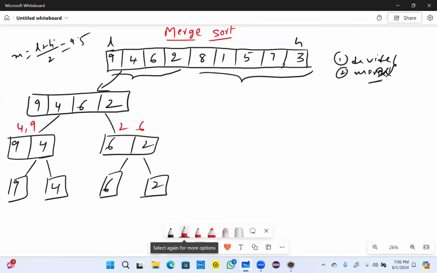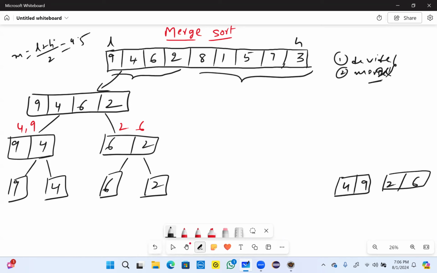Now we again have two arrays, one is the left array and the other is the right array. How can we merge these two arrays? Let me explain the logic here. What are the elements we have? 4, 9, 2, 6. This is the left array and this is the right array. Correct. So we have to take two pointers, a left pointer and a right pointer. We have to place the left pointer at the starting index of the first array, and the right pointer at the starting index